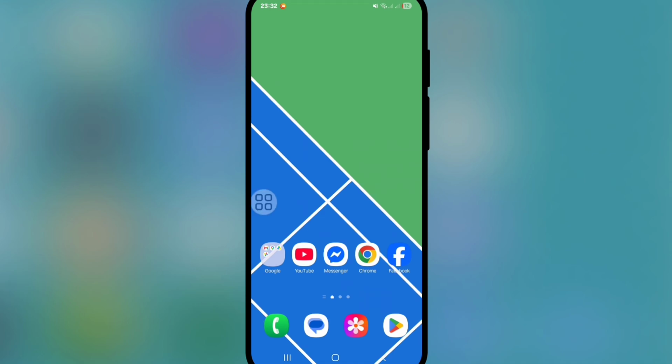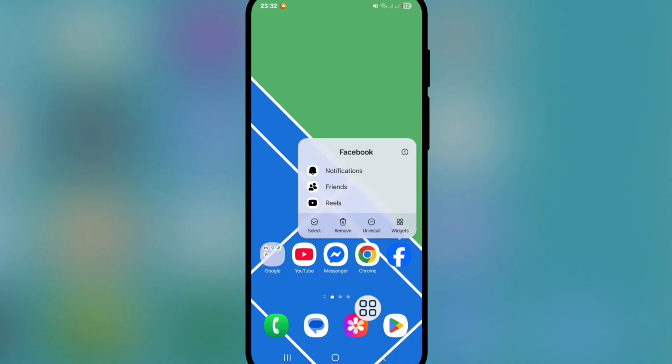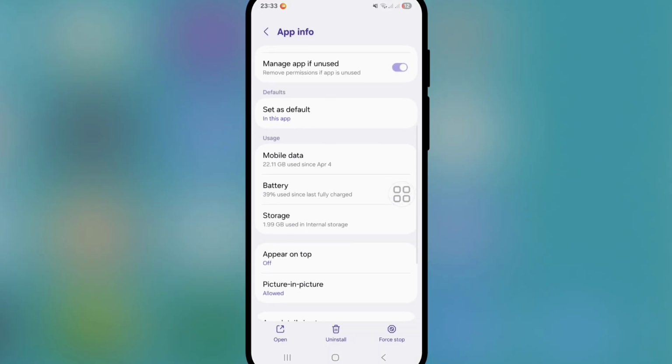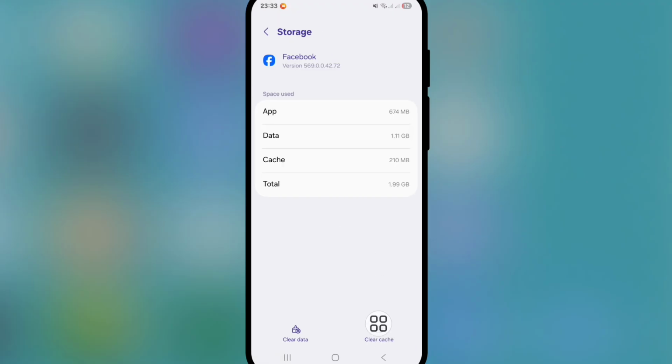But if you are still facing the same problem, then long press on the Facebook app and then open Facebook app info, click on the I button or app info. Now go to the storage option, clear cache of your Facebook storage,